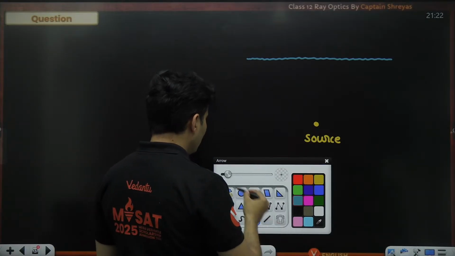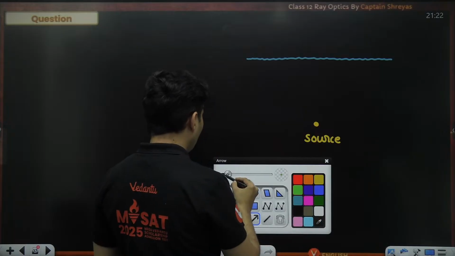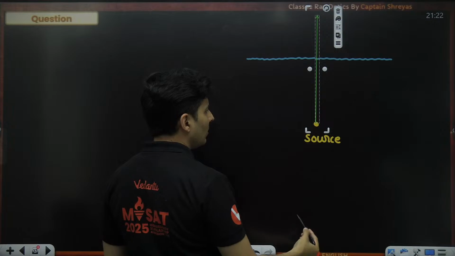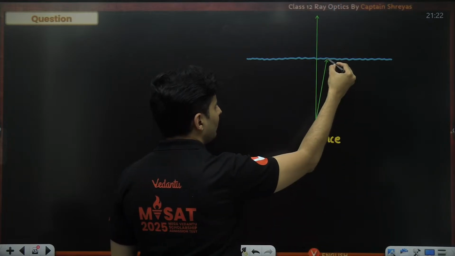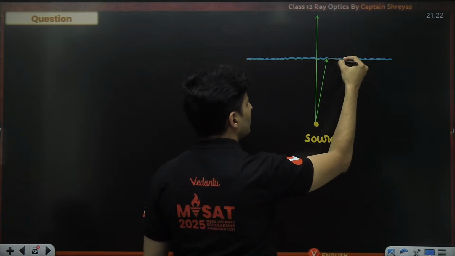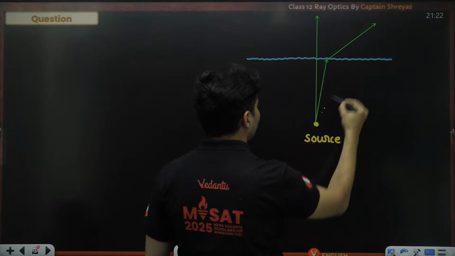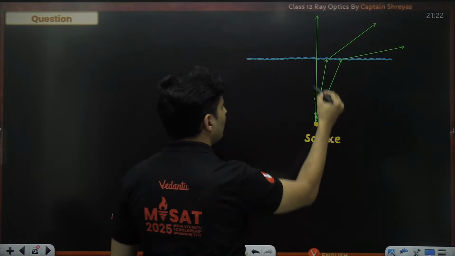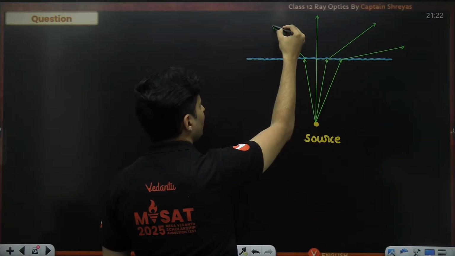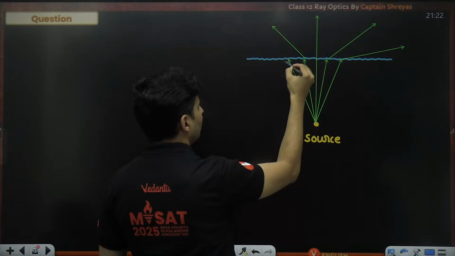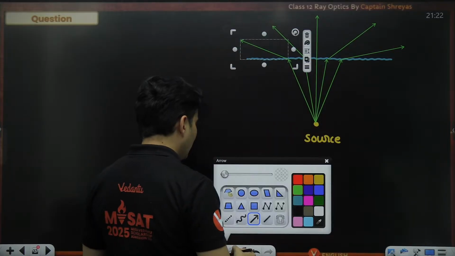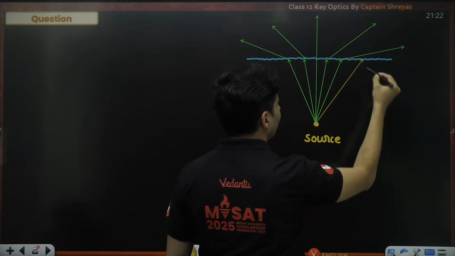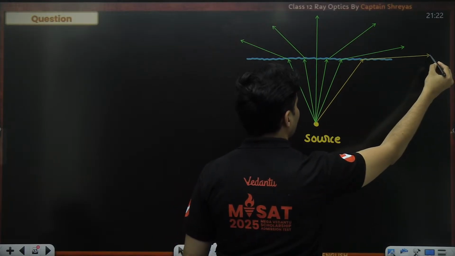Maybe one of those light rays will go like this, perpendicular, no deviation at all. Another light ray will come over here. Because it is going from dense to rare, it will bend away from the normal. Another light ray will come over here, bend further away from the normal. It comes over here and bends further away from the normal until it reaches a critical state right over here, where it is almost like grazing the surface,